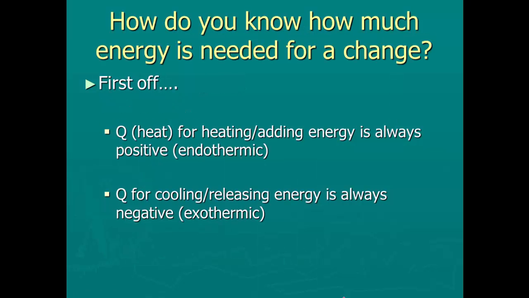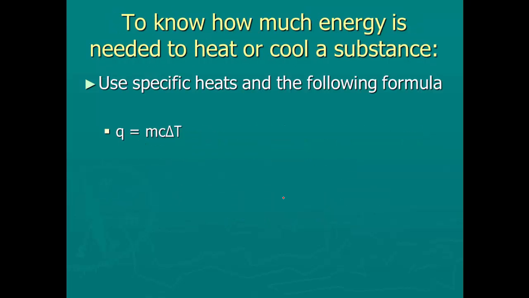Alright, so first off, what we need to understand is that we're going to use the term Q for the heat that we're adding in. And if we're adding heat, that's an endothermic change. We've gone over that earlier in the year. And Q for cooling or releasing energy is negative, and that's exothermic, okay? So a positive Q means that we're adding energy. A negative Q indicates that we are losing or releasing energy. So endothermic is a positive Q, exothermic is a negative Q. All right, so